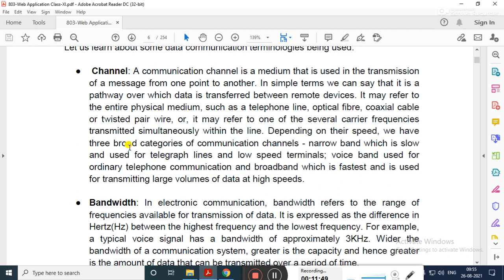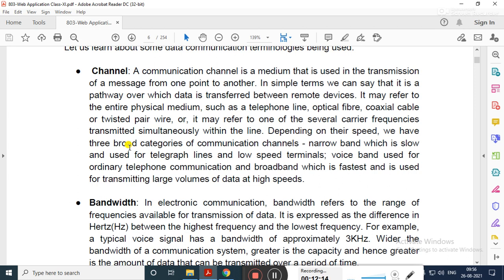So a communication channel is a medium that works between the Chennai shopkeeper and you, a buyer who lives in Asansol. In the same way, a channel is a medium used to transmit a message from one point to another. In simple terms,